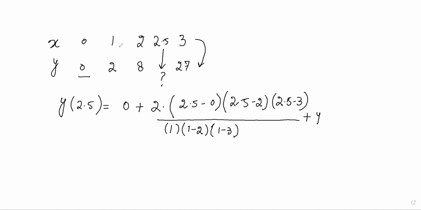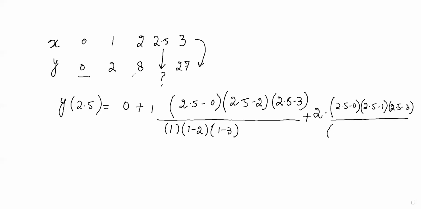Sorry, here is a correction. Our y1 is 0, y2 is 1, then we'll write y3, and y3 is 2, so we'll write this term with y3 multiplied by x minus x1, that is 2.5 minus 0, multiplied by x minus x2, that is 2.5 minus 1, x minus x4, that is 2.5 minus 3, whole divided by